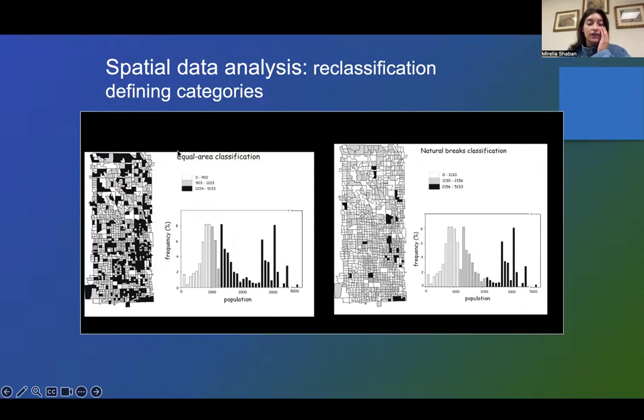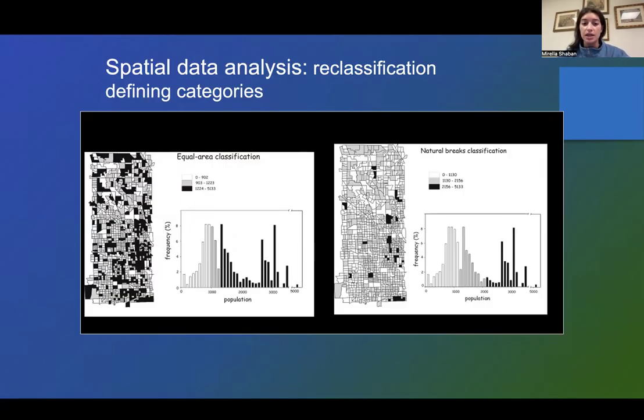Now, that equal area classification is something that you just saw, but what if we do a natural breaks classification? If we do natural breaks, essentially we're saying within our data set, based on how many of these regions or clusters, neighborhoods per se, have X amount of people, we're going to put more weight in one group versus another. Instead of equally breaking it up, basically taking 5,100 divided by 3, we're going to take